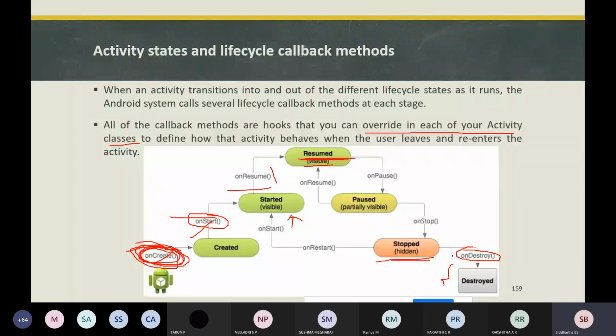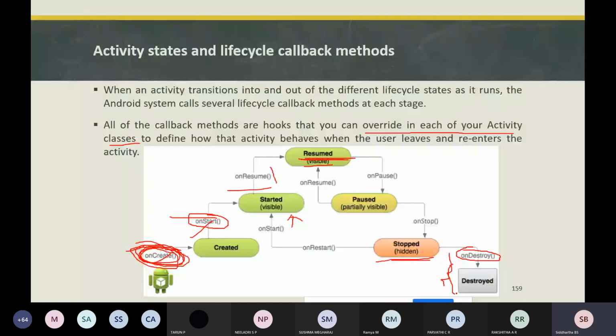You can call finish to manually shut it down, or if the user navigates back, it will go back to the previous activity, activity 1, where activity 2 is destroyed, or in your Android OS if there is any low memory situation.